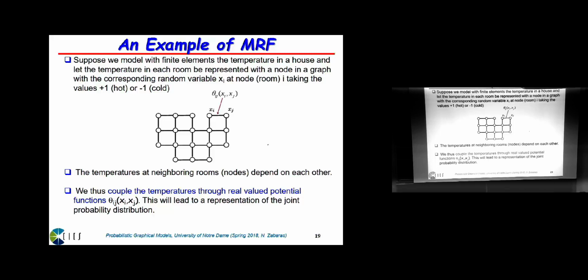Obviously, if this room is cold, you expect the nearby room to be cold, all right, because they communicate through the wall. So there is some correlation, and we're going to try to capture that correlation with a potential that is defined over the clique xi and xj. And I am sure, in your elementary courses, when you play with this type of models, you always say, oh, I'm going to take nearest neighbors for interactions. So in this graph, obviously,